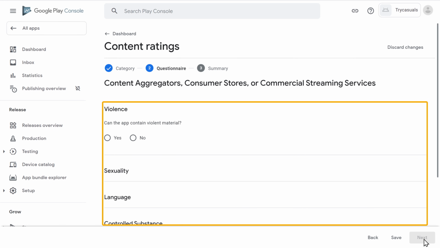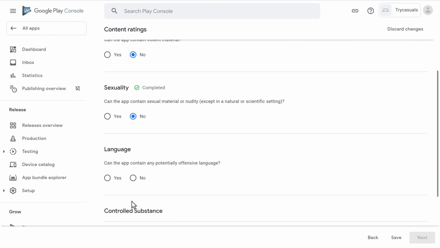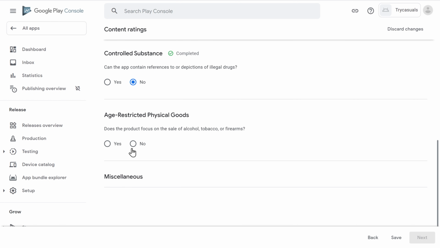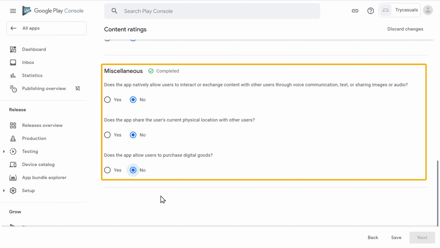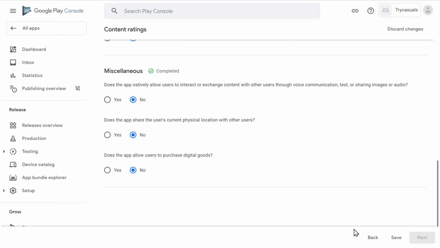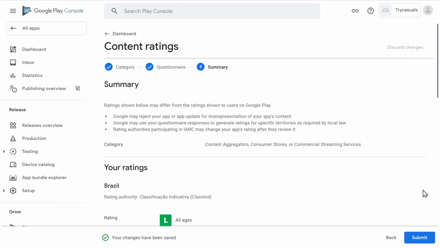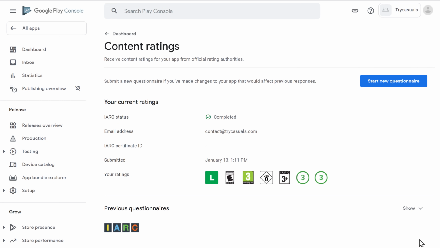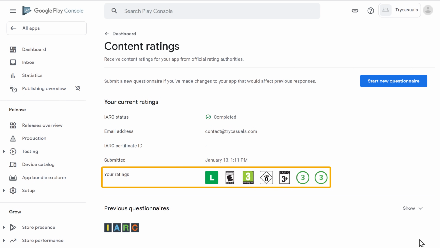I'm going to select these answers. Once you have answered these questions, click Save. Now click Next. And then click Submit. Okay, so now our app will be given a rating based on our answers. Once you have got the rating, click here to go back.